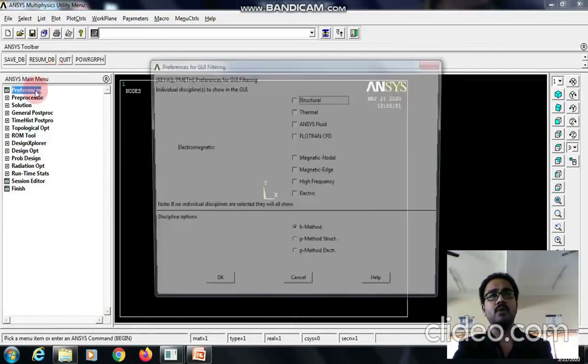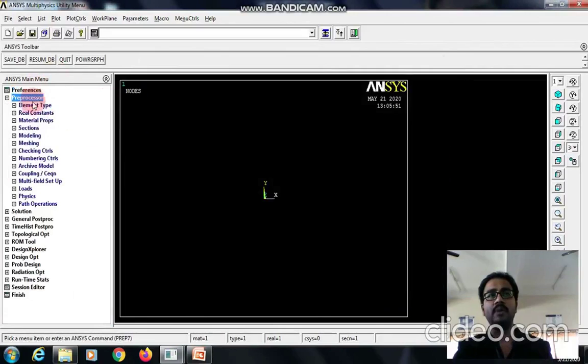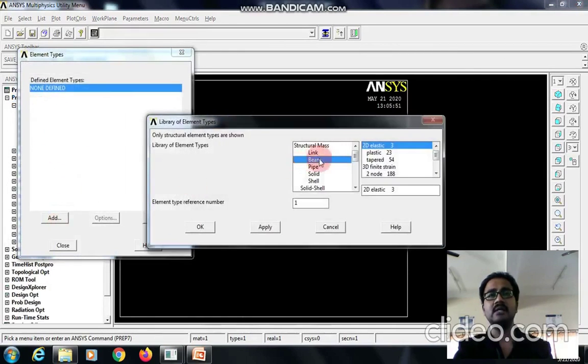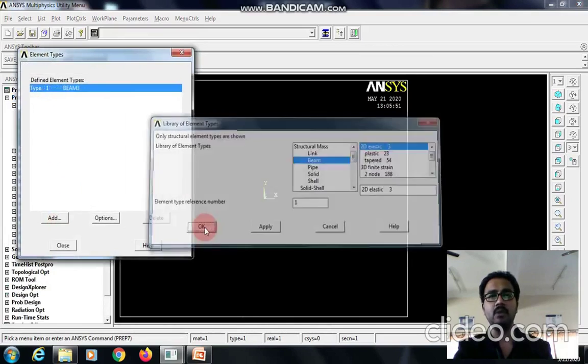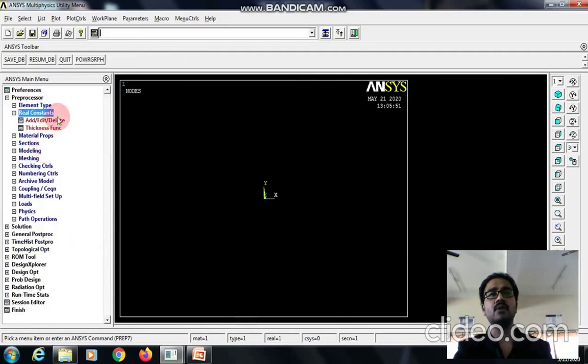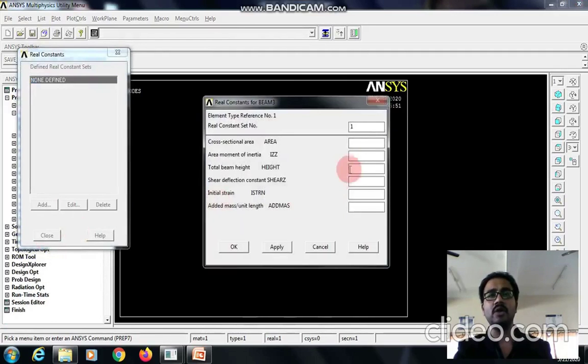Select the discipline as structural in preference, give OK, go to preprocessor, element type, add, edit, delete, add, select the type of element as beam, give OK, then close this. Then go to real constant, add, edit, delete, click add, again click OK, enter the area value, moment of inertia value and height value.